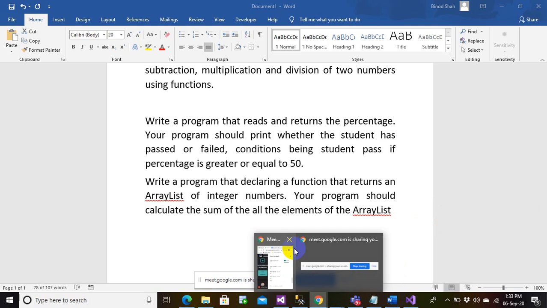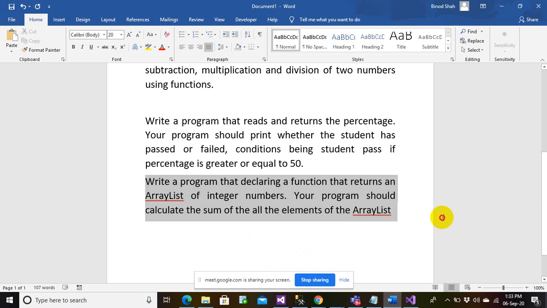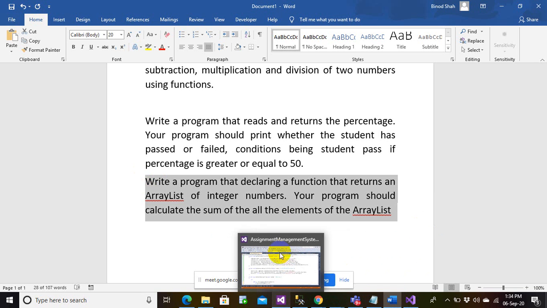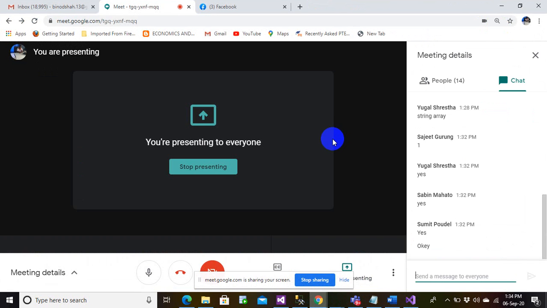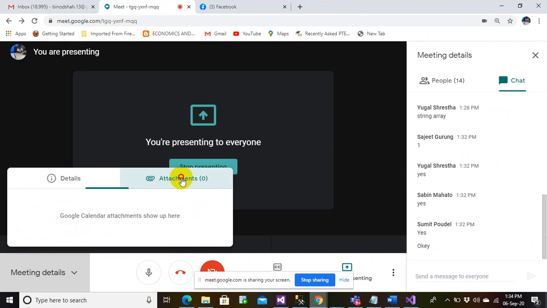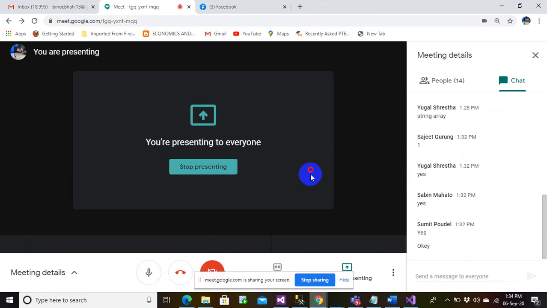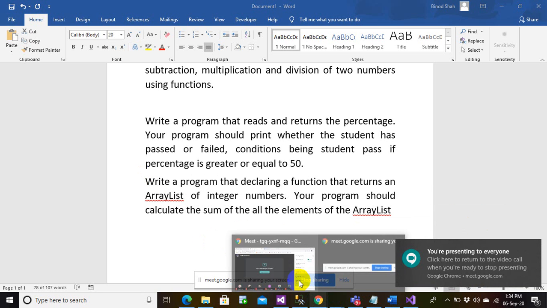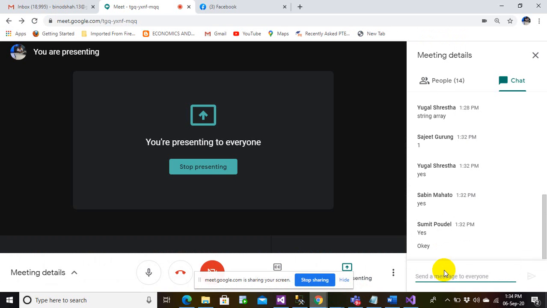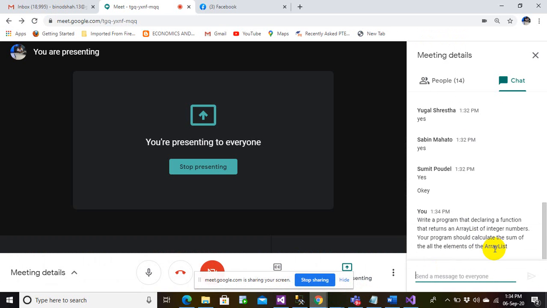I want you to solve this question and show me the solutions by tomorrow morning. Before you come to the class, make sure you have solved this question.